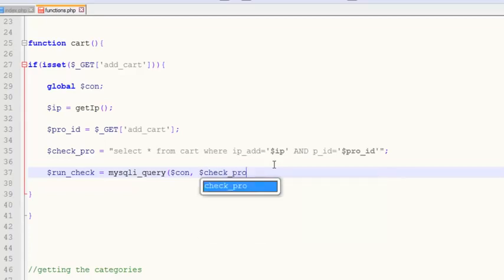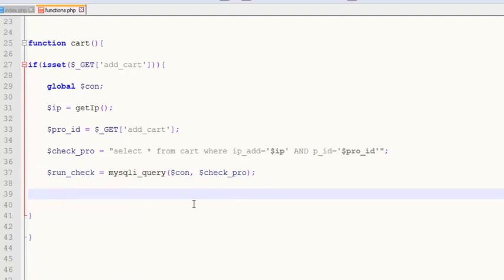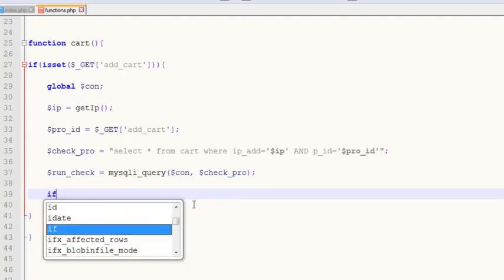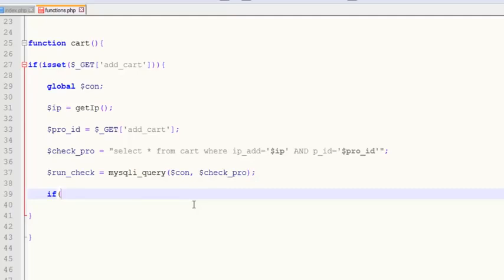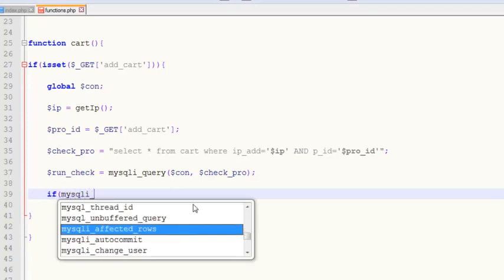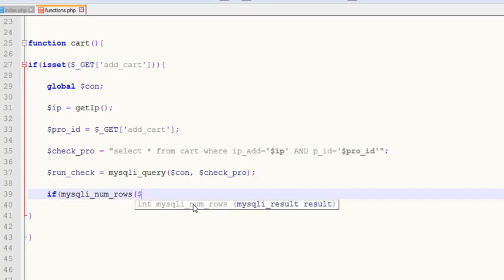That's it. Now we have executed the query, and the next thing is that we will use an if statement: if mysql_num_rows, meaning the number of rows of this query, run_check is greater than 0,